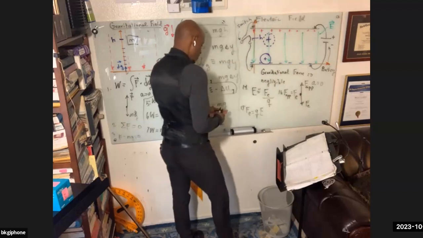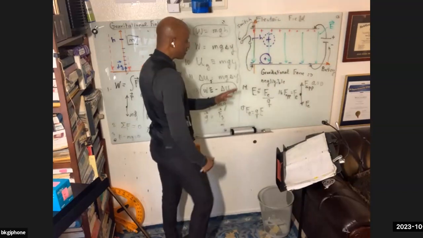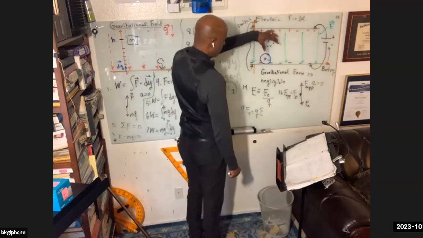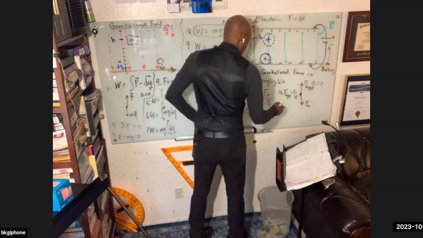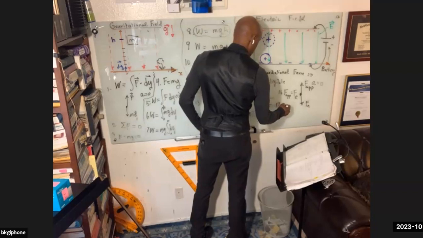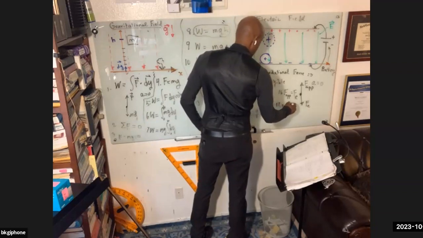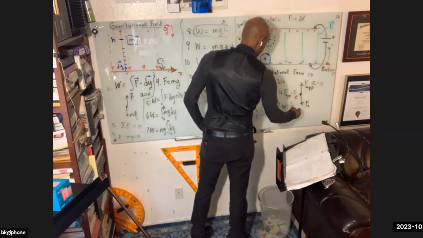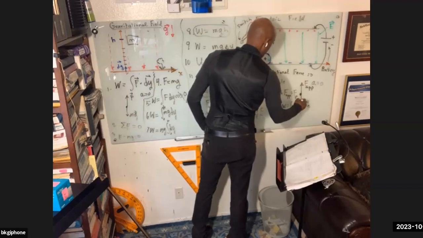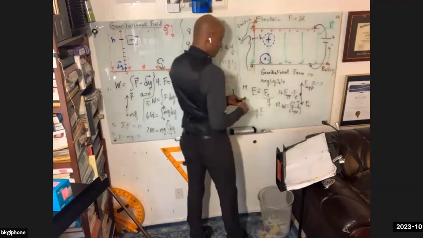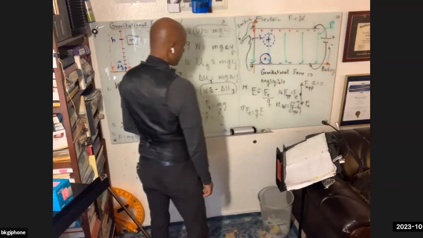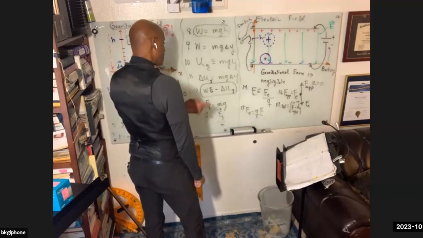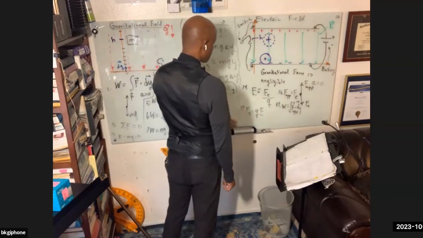Now, if you go through and take Fe, so F applied, and determine the amount of work that I did on the object as I picked it up, it's very much the same. We'll go through it. So work is equal to the integral of F applied dot dy. Now, it's getting pretty messy in there. I'm running out of space, so I want to let you finish it up. But